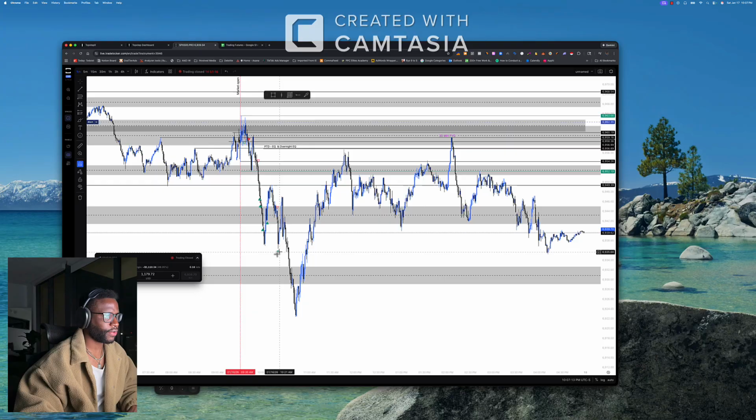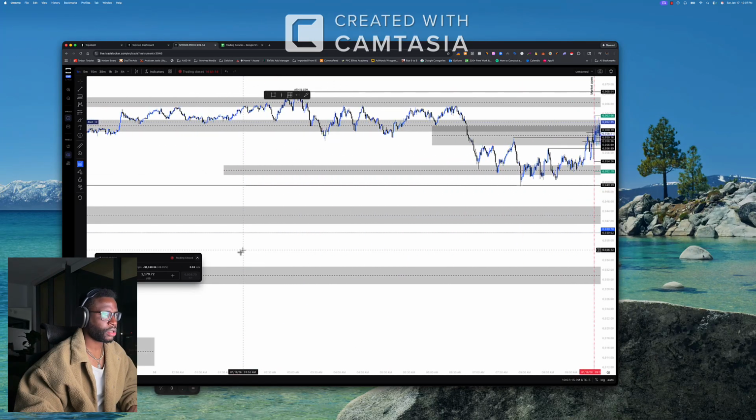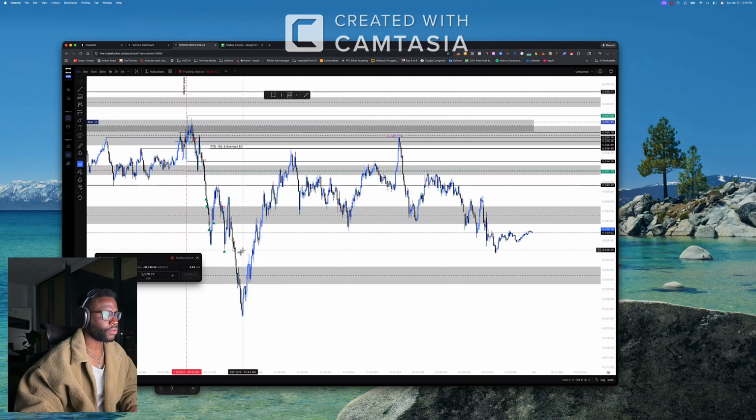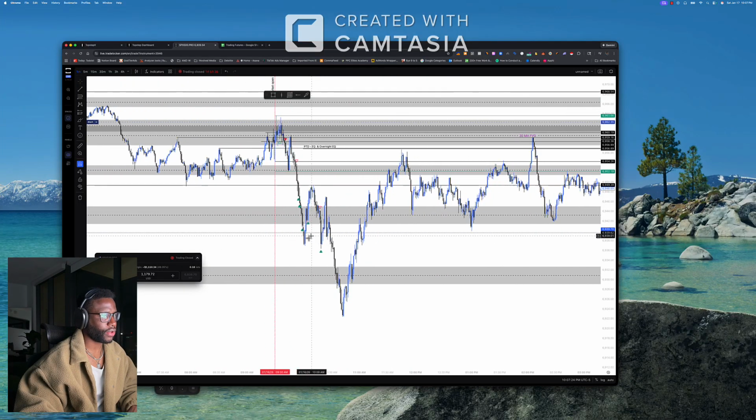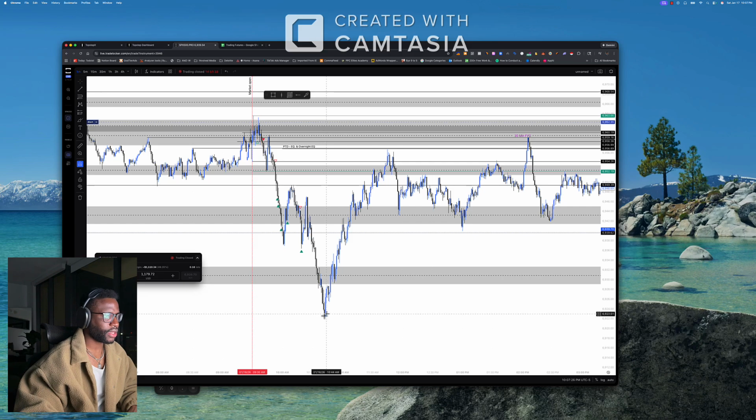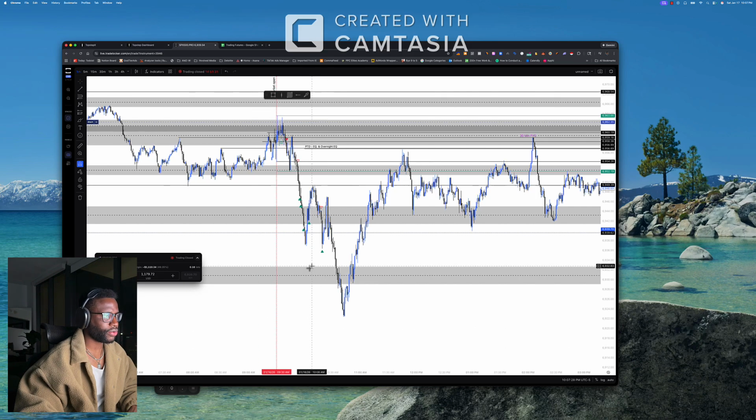Yeah, I might take profit right down here. This was where buyer pressure was, all the way down here. And once it broke down here, I was like, okay, we're going to keep going down. And then we technically did. At one point, I did have my take profit all the way down here.